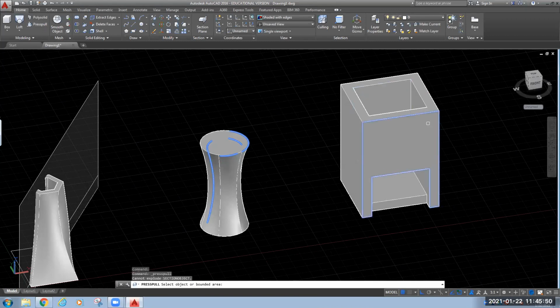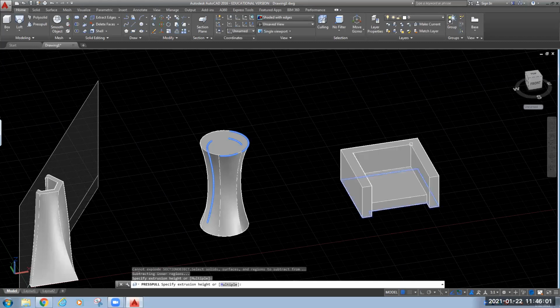Again, I will show you for reduction also. See, I have reduced it to your original location. So like this, you can press or pull. As the name says, you can either press it or you can pull it. So this is your press pull.